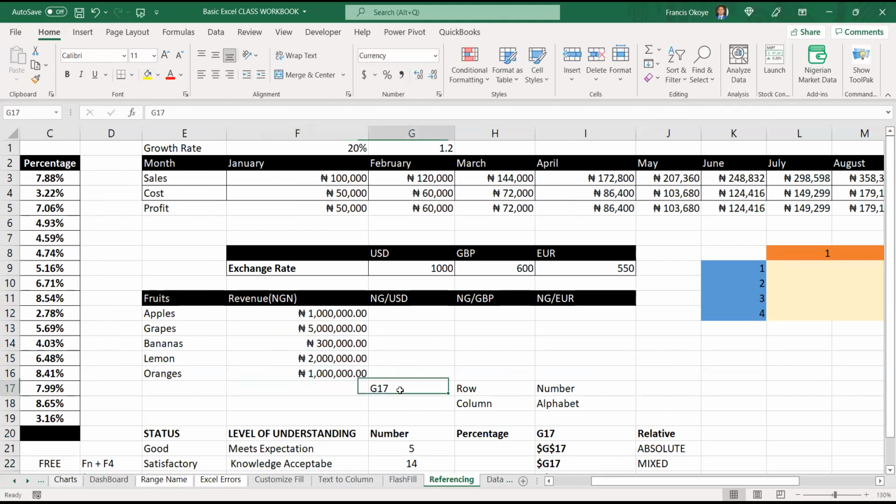Now you want to ask yourself, in dollars, how much will this be? So what is the current exchange rate now? USD, let's say 500.